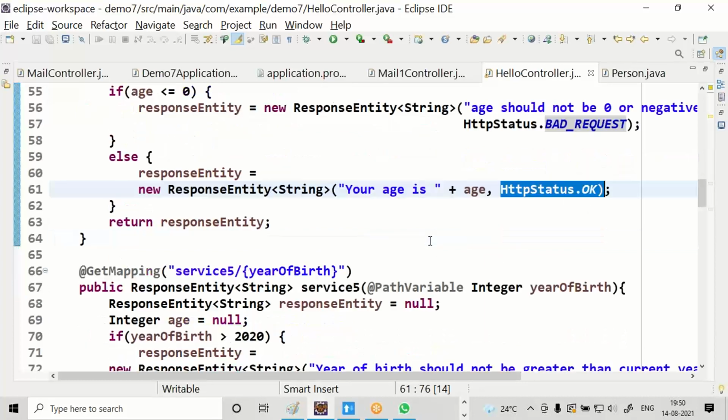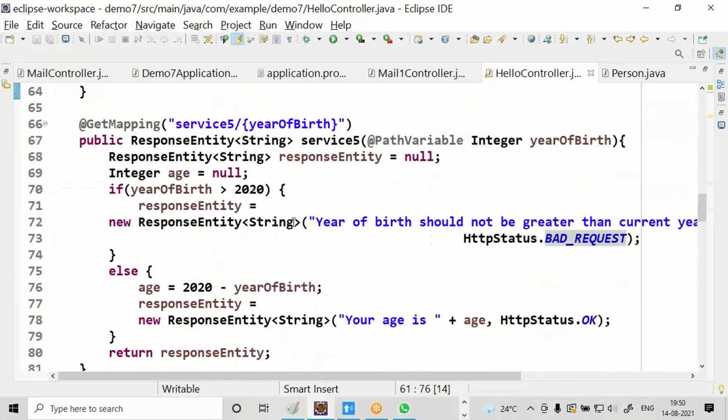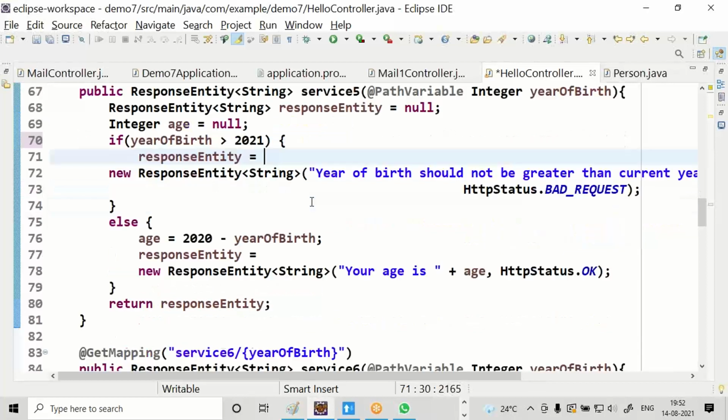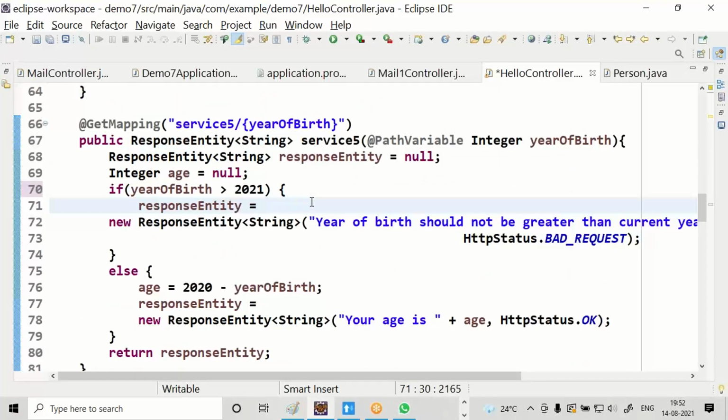Response entity. Come to service 5. Let me choose 2021. The current year is 2021. Supply year of birth. Just go through service 5. Here we are calculating age.